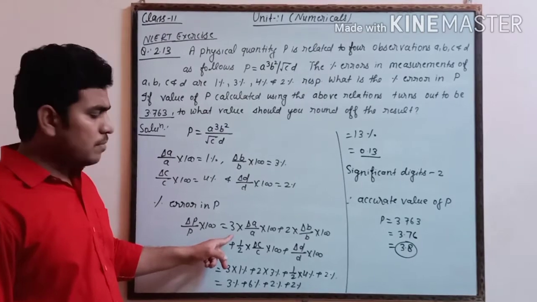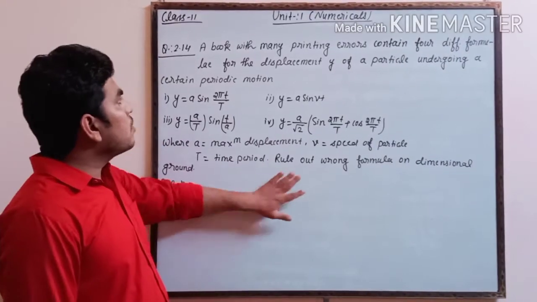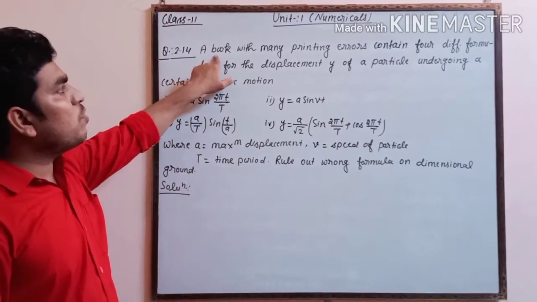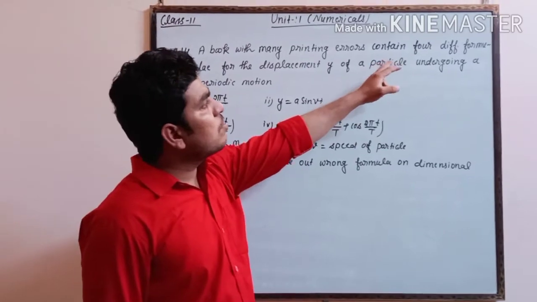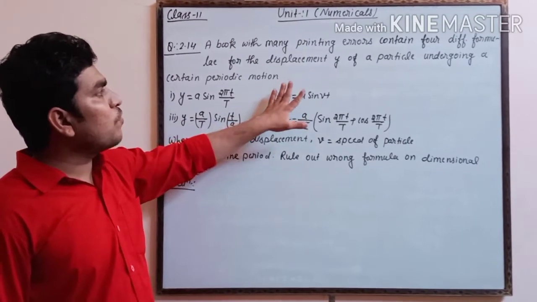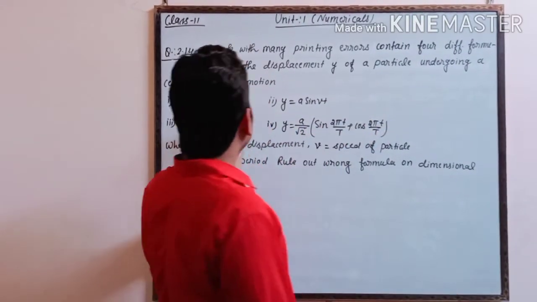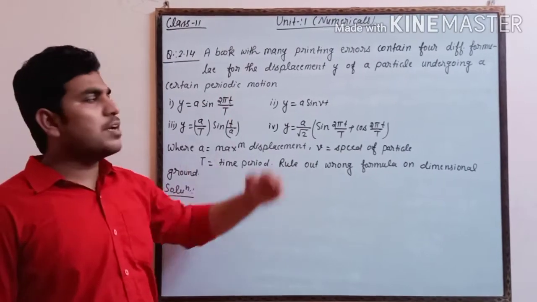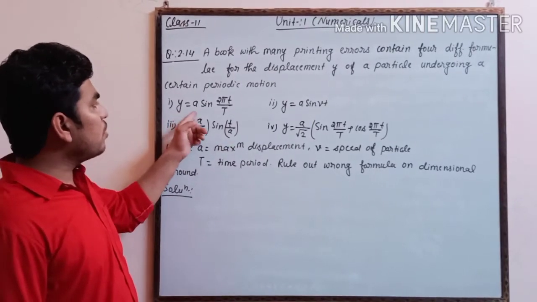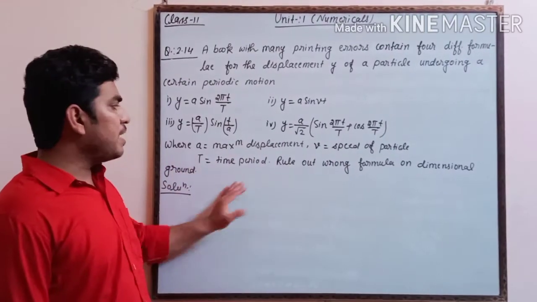Just simply add all the individual errors by writing the powers as the first term। क्लियर, फिर उसके बाद इसको हम ऐसे प्रोसीड कर लेंगे। दिस इज नेक्स्ट क्वेश्चन, क्वेश्चन नंबर 2.14 of your NCERT exercise। A book with many printing errors contain 4 different formulas। एक बुक है जिसमें बहुत सारी प्रिंटिंग एरर है, उसमें 4 डिफरेंट फॉर्मूलेस दिए गए हैं, फॉर द डिस्प्लेसमेंट y ऑफ ए पार्टिकल अंडरगोइंग सर्टेन पीरियोडिक मोशन। ओके, ये आपको 4 फॉर्मूलेस गिवन हैं। y इज इक्वल टू दिस एंड दिस, वेयर a मैक्सिमम डिस्प्लेसमेंट है, v स्पीड है, t टाइम पीरियड है।